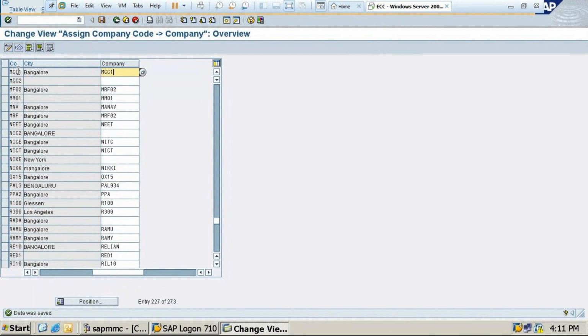If you don't assign here, then if I want to create further information, it will not process. Either it might be fiscal year variant or chart of accounts, whatever I will be creating, it will not process it. I should assign, I should name that this book belongs to that particular person only. So this is your account book. For that account book, you are naming it MCC1, that is nothing but the code which you are going to assign.